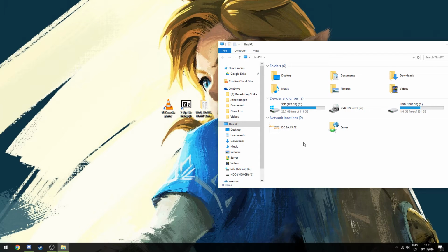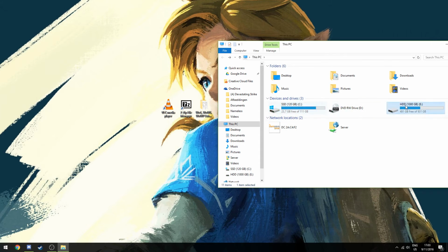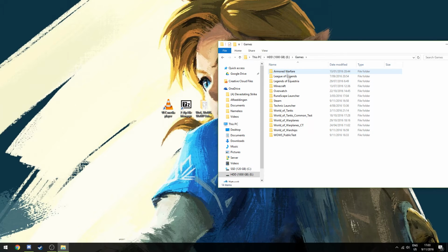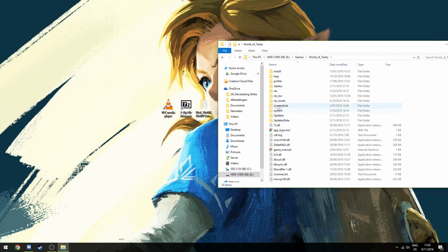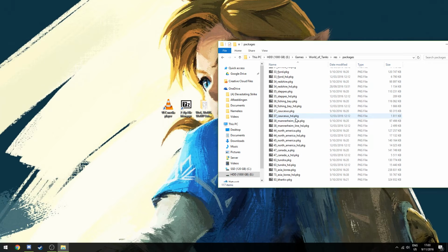So you first got to look for your game files. By default it should be under your C drive, and here you would find a folder called Games. I've got it stored under my E drive here, but for the rest it's all the same. You go to World of Tanks, go to Res, then you go to Packages, and here you're going to look